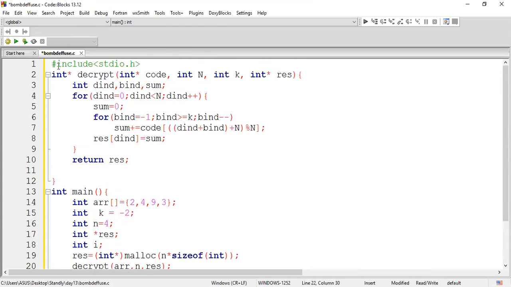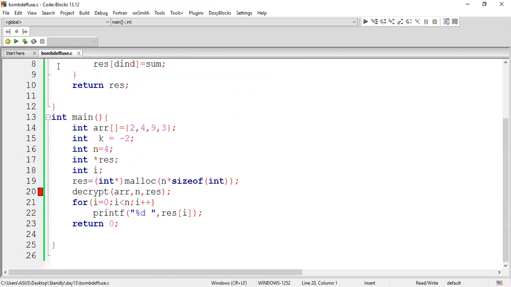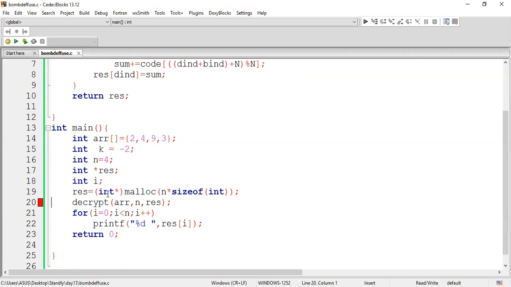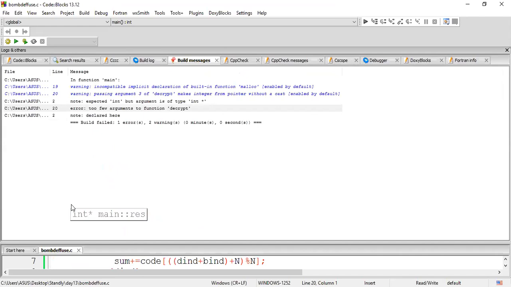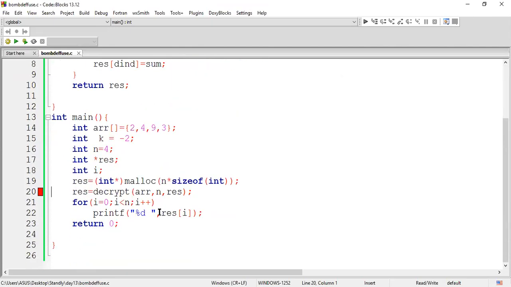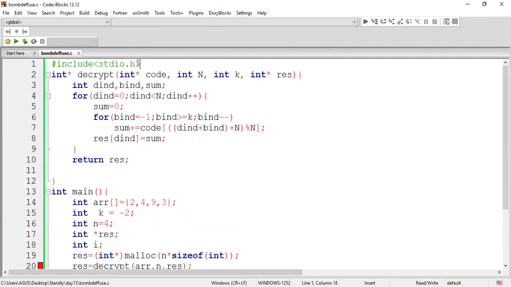Okay, so we'll execute this. So what is left here? Decrypt. Is the function name the same? So let me mention result assign. That's not an error. What else? Is this a typo error? Decrypt. What is missing here? The concerned header file, we are supposed to add it, right?